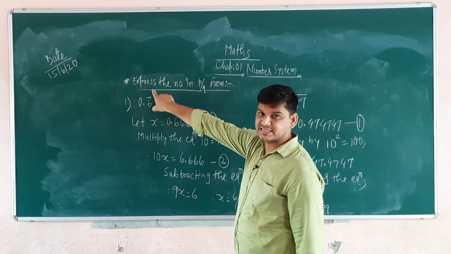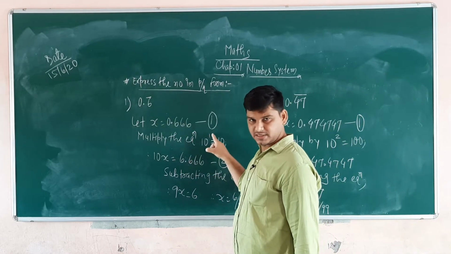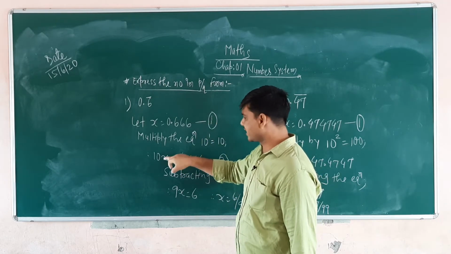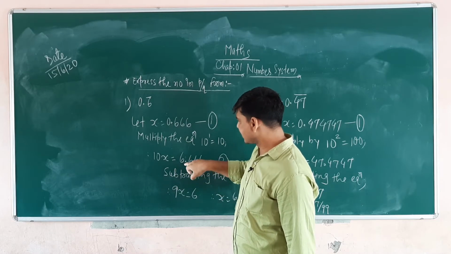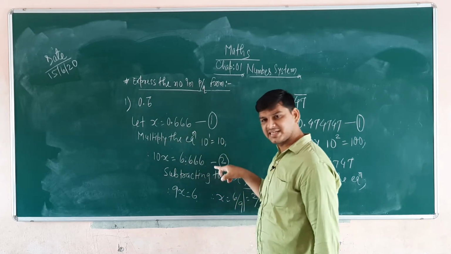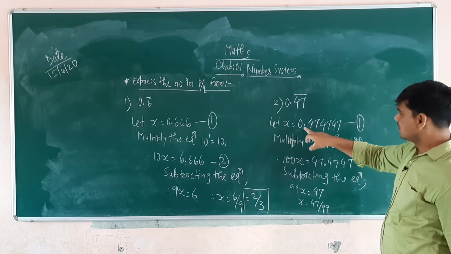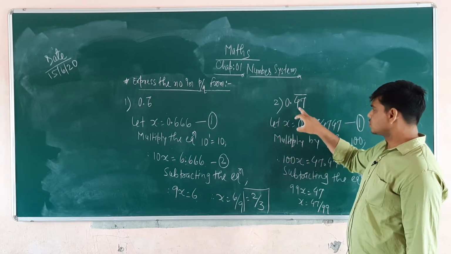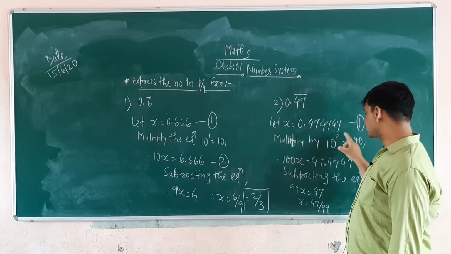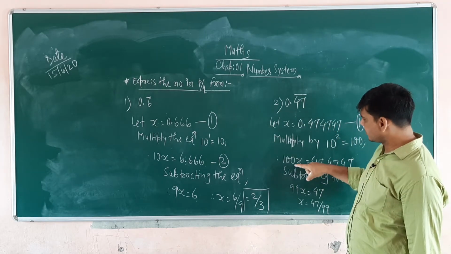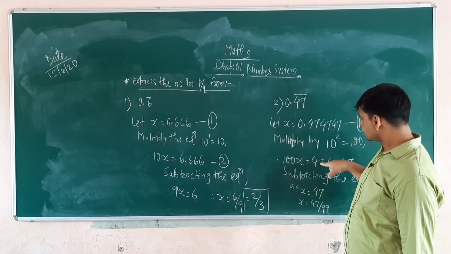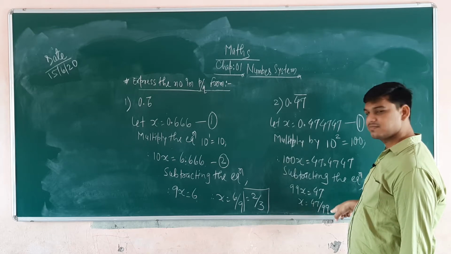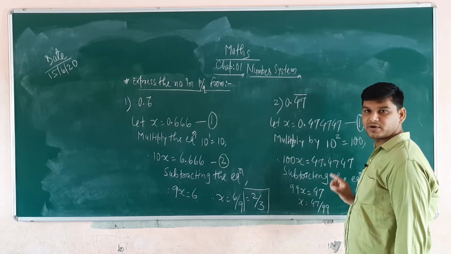Only one digit of bar sign. So that is multiply with 10 raised to 1. Then equation number 1 and 2. Equation 1 is subtracted from 2. 10x minus x, that is 9x. 6 minus 0, 6. And after the decimal, that should be subtracted. Same here, same equation, 47 bar is there. So that can be repeated 2 times, so bar sign on 2 digits. So 10 raised to 2 is 100. So 100x minus x, that is 99x. 47 minus 0, 47. The 0.47 parts can be eliminated, that should be 0. So 47 upon 99.